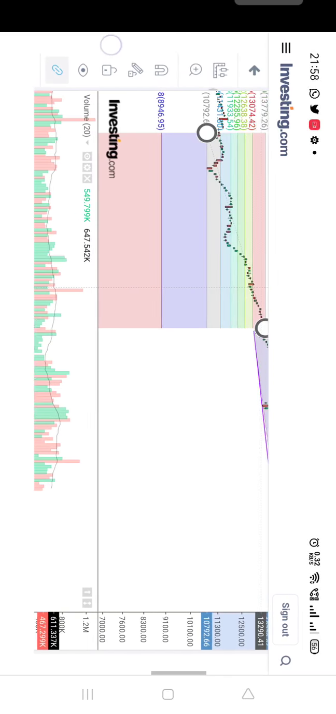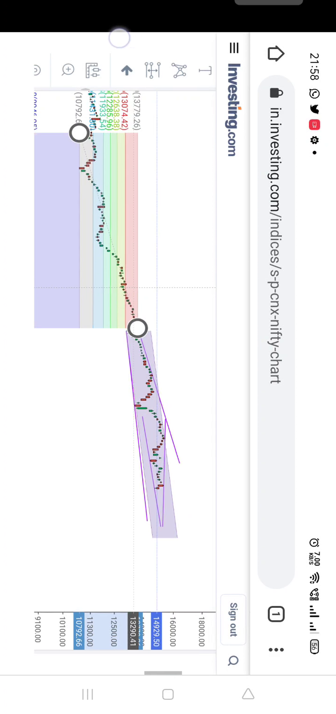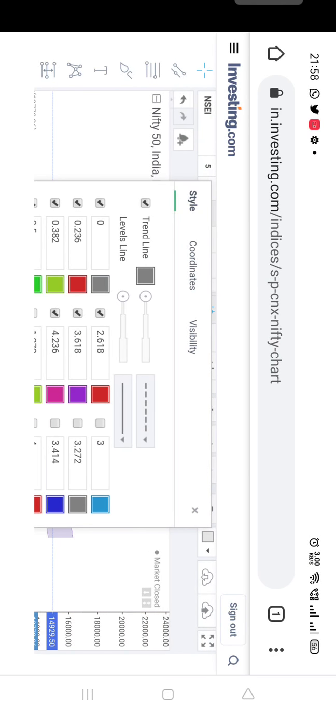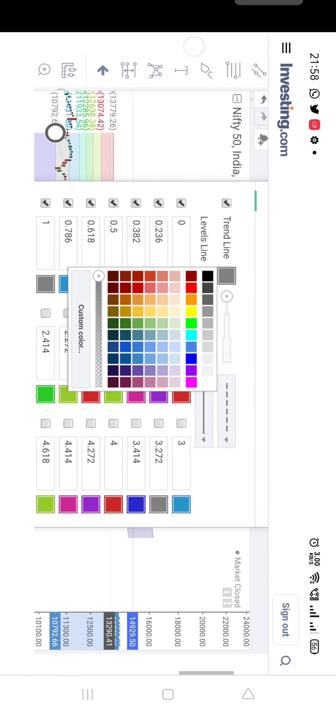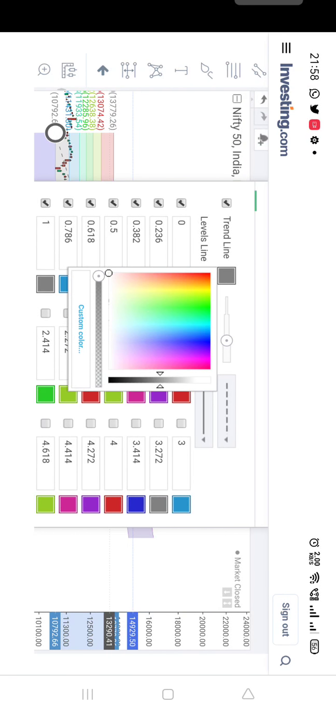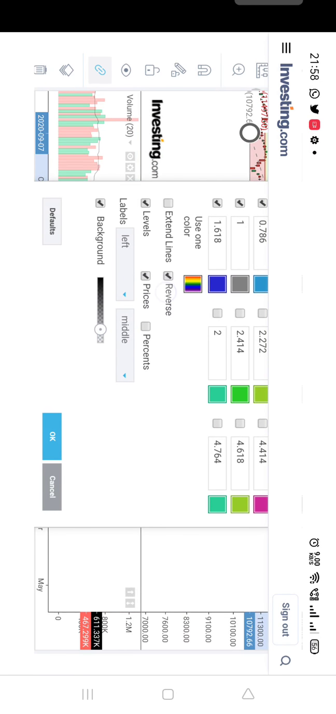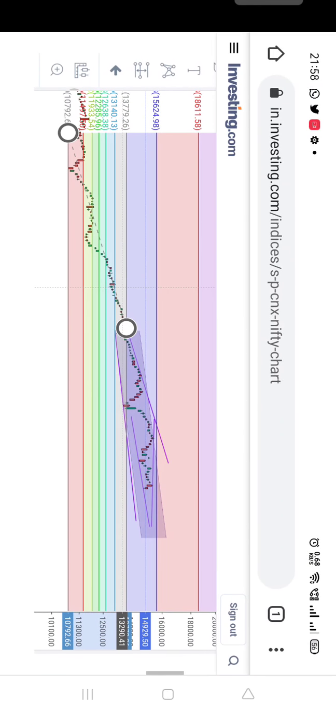Now this one related, what I would do is, let me go to the settings and use trend line a bit bolder, use line levels. Okay, let me just use reverse and extend lines. Okay, perfect, so that I'll get the entire schema of lines. Okay, so what it says is,